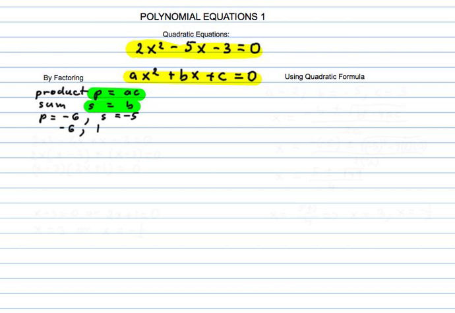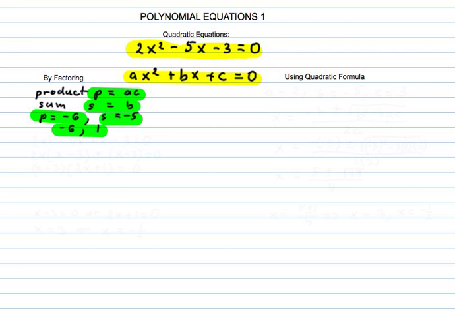So this is why you have the product equal to -6, because 2 times -3, and the sum is equal to -5. So the two numbers that would satisfy the same condition, multiply to -6 and add to -5, are -6 and -1. So this is the beginning of the factoring,